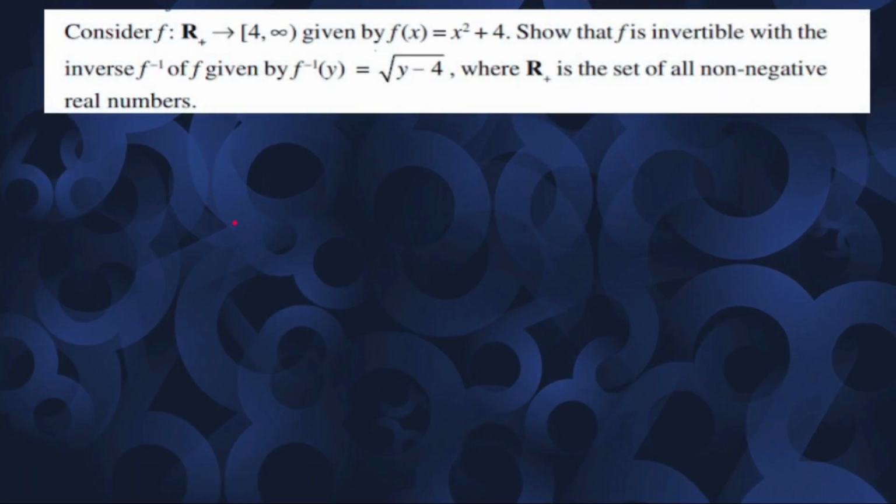Consider f from R plus, the set of positive real numbers, to [4, infinity) given by f of x is equal to x square plus 4, and show that f is invertible with the inverse f inverse of y is equal to root y minus 4. Okay, here the inverse is given, that means we don't need to find g. Okay, so